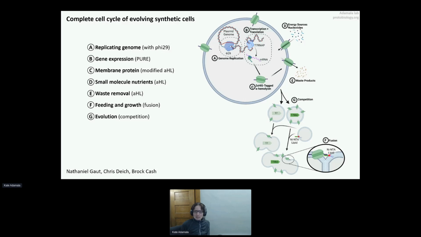We have 2 populations of synthetic cells. One of them contains the alpha-hemolysin, that growth protein, under a very strong promoter. We call it T7 max. And the other one contains the same protein under the control of a weaker promoter, just called T7. And the ones that contain the stronger promoter grow more. And if they grow more, they end up with bigger vesicles after each growth cycle. And the ones that grow less end up smaller after the growth cycle.